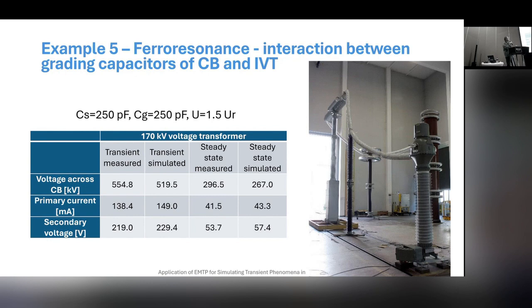For the case where grading capacitors were 250 picofarads and capacitor to ground 250, disconnection of the breaker occurred when the voltage was 1.5 of the rated voltage. And of course, after the switching off, we get some transient, which has some peak values. So you can see them here, and steady state conditions. And here I compare just the peak values of both these